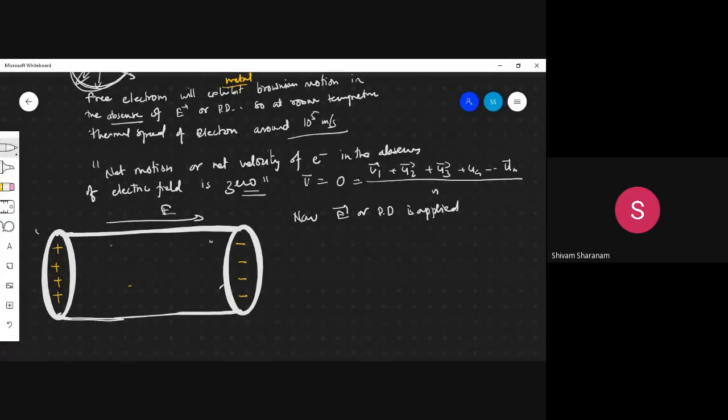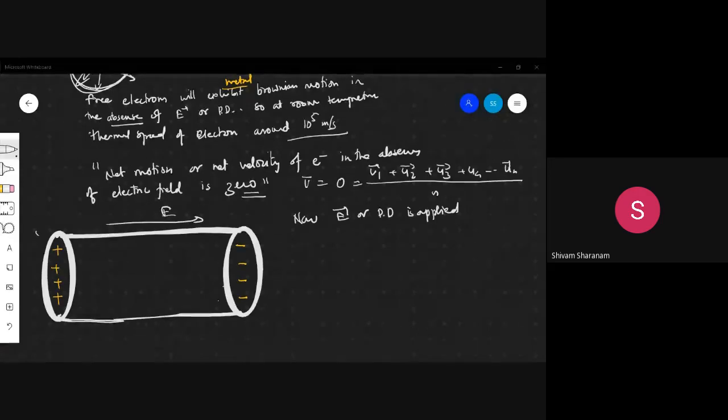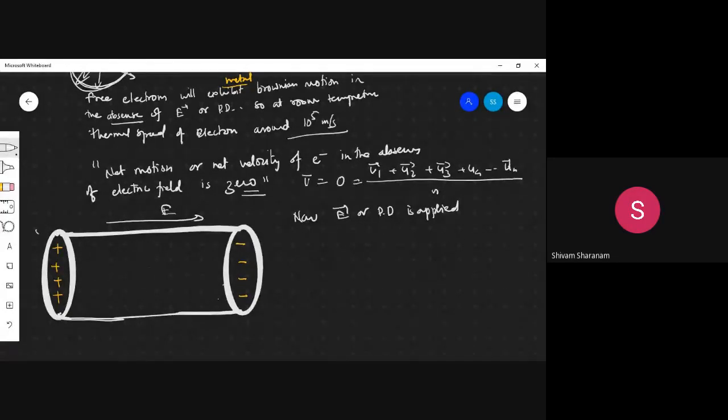Now let's draw the original path in the absence of electric field. In the absence of electric field, the path would be like how? Like this. Let's make it a little simple so it is easier to understand. Have you done this? Is the written work done by everyone? Yes, sir.